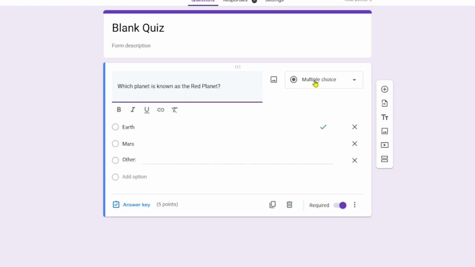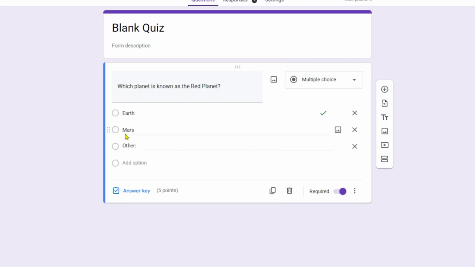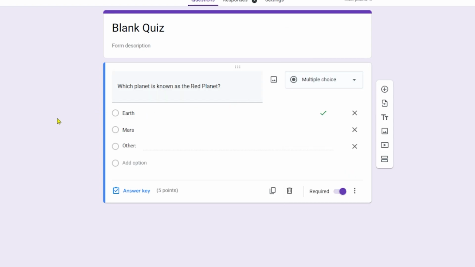Once your questions are in place, move on to selecting the appropriate type for each question. Google Forms offers a variety of question formats, and it is important to choose the type that best fits the answer style you require. Whether you need multiple choice, short answer, or another format, this decision will influence how users interact with your quiz. Selecting the proper format can make a significant difference in how easily participants can provide accurate